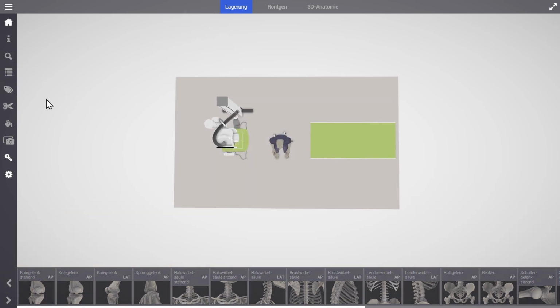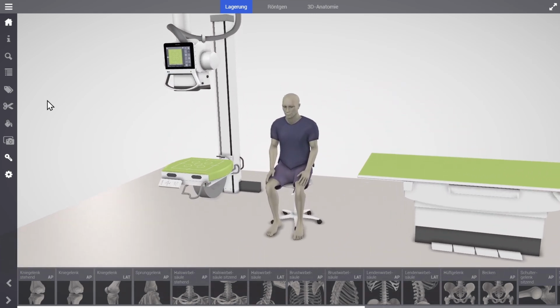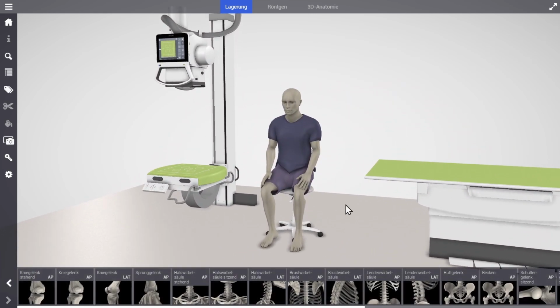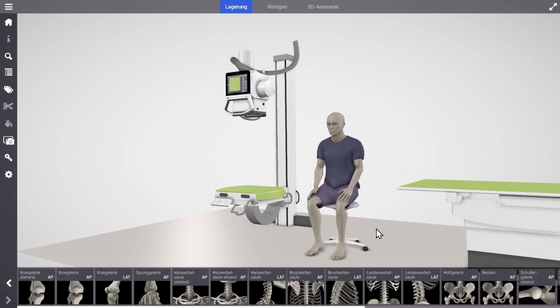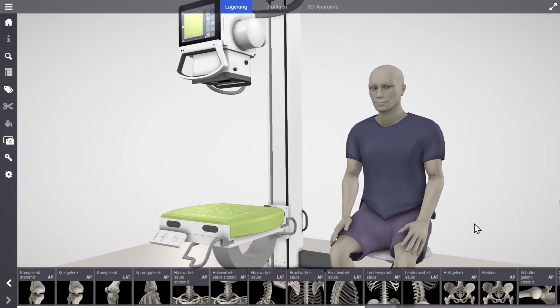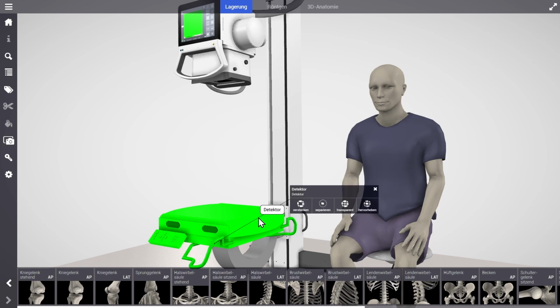The 3D model is displayed in the center of the application and you can interact with it using the mouse or touch input. Use the left mouse button to rotate and the right mouse button to move the model. Zooming is done with the mouse wheel or the pinch gesture. Holding the left mouse button down brings up a context menu showing the name of the structure and options for